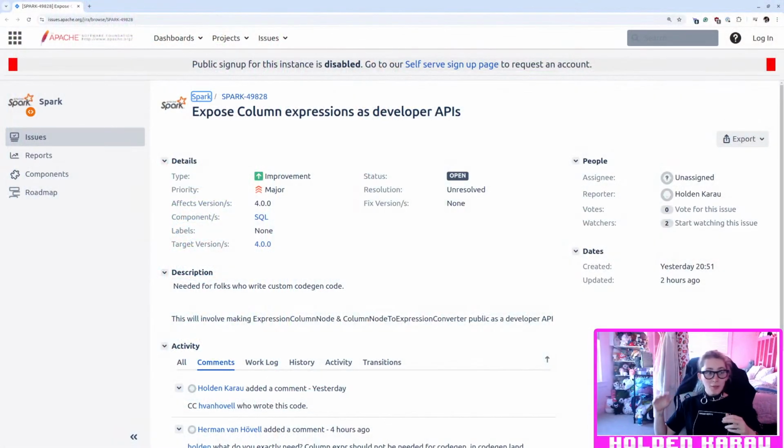There we go. There's my Jira. Okay, so we are looking at exposing column expressions as developer APIs for Spark 4 preview. Let's talk through why this matters. If you want to extend Spark and you want to write something that behaves kind of like the other built-ins